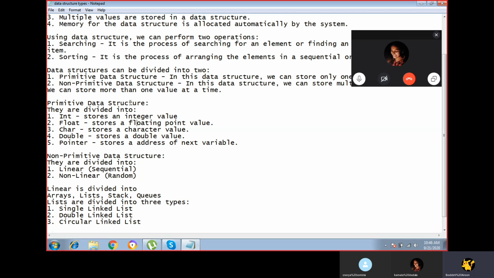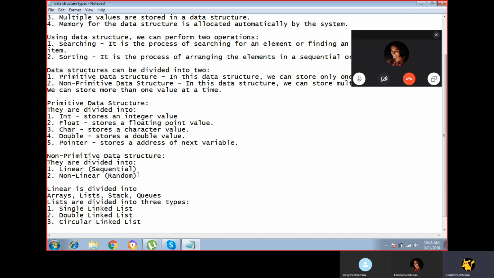An array is a list of elements stored of any one common data type. Coming to the second one, lists. So what is a list? A list is nothing but a collection of elements. We'll be storing more than one value at a time in a list. For this, in our data structure concept, we'll be calling this list a linked list.